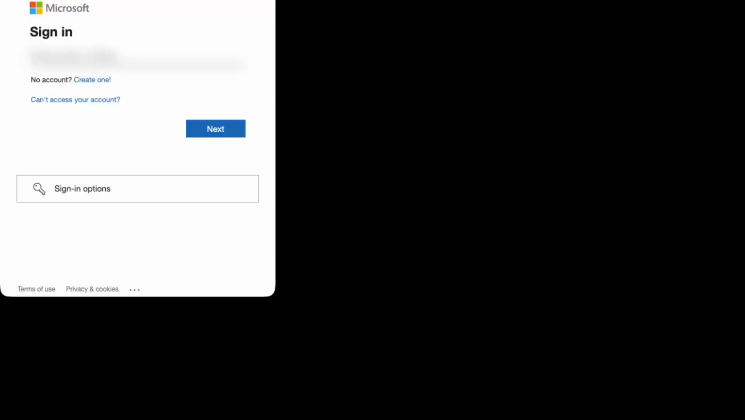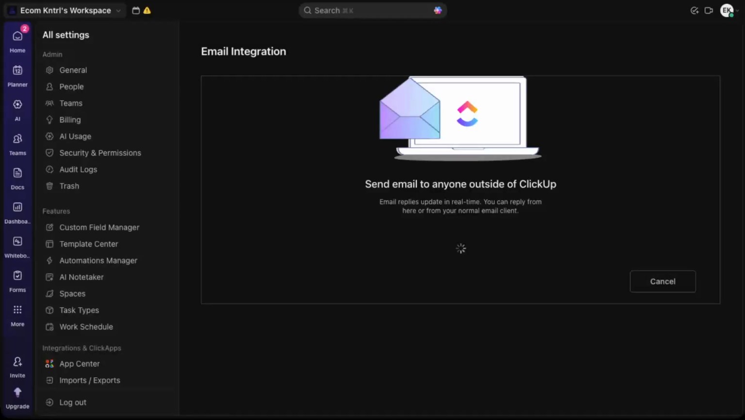From here, just follow Microsoft's prompts to complete the login and accept the permissions. Once you're done, your Outlook account will be connected to ClickUp, and you can start using email directly